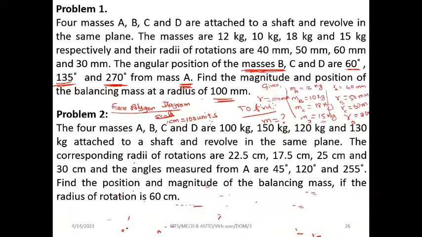It is similar to the first problem. The same thing, only they have changed the values. The same thing I have shown in the first problem, they are telling again with changed values. So it is a similar problem, and you can solve it also. Solve both of the problems and upload them in the Google Classroom.